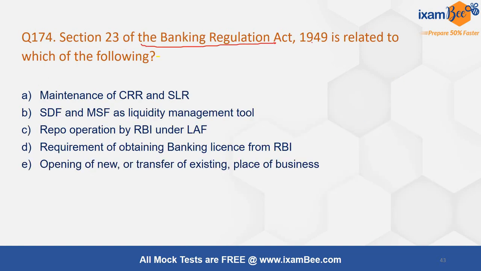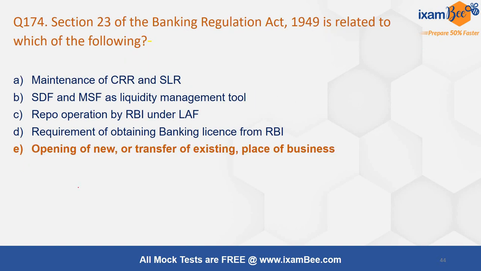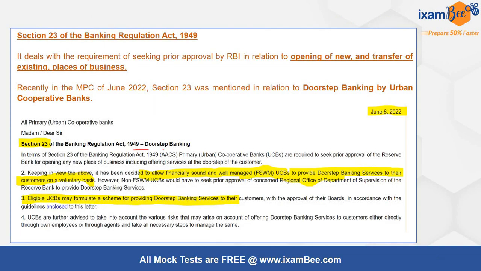Section 23 of the Banking Regulation Act 1949 is related to which of the following? Because this is important. Many a time you will find this mention of Section 23 in newspapers also. You are not supposed to read the whole Act. It does not mean that you have to read the Banking Regulation Act or RBI Act, but this is an important one, because it deals with the opening of new or transfer of existing place of business, and this has come in discussion